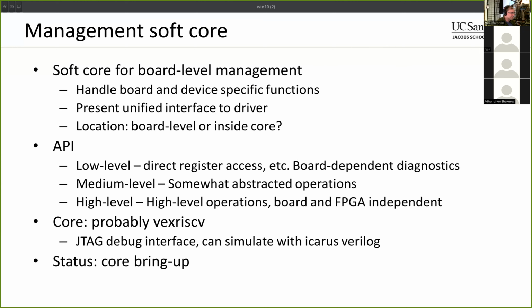All right, so the management softcore, this is the other thing that I'm going to be working on. I've done some thinking about this. I think it's going to make sense to integrate the management softcore effectively inside the core modules for Corundum instead of kind of tacking it on in each of the board level designs. So I'm going to work on that hopefully over the next couple of weeks and see if I can get